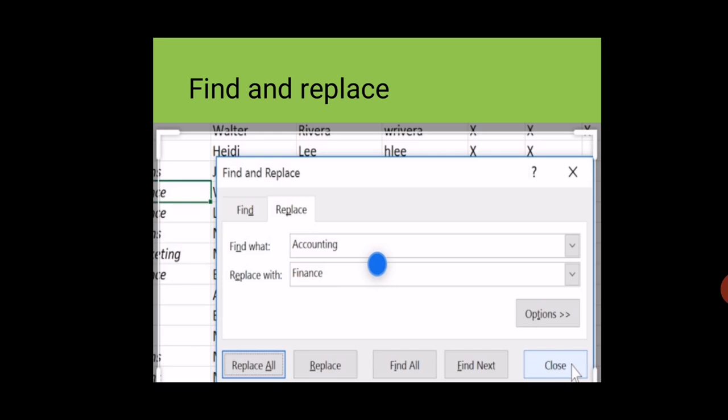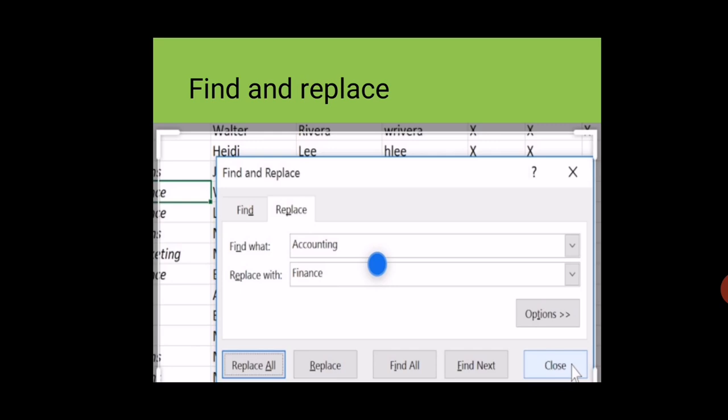For find and replace, first we go to the home tab, then go to the editing group and click on the find and replace option. When you click on the find option, write the letter or content you want to find here, then click on find. If you want to find everywhere, then click next.